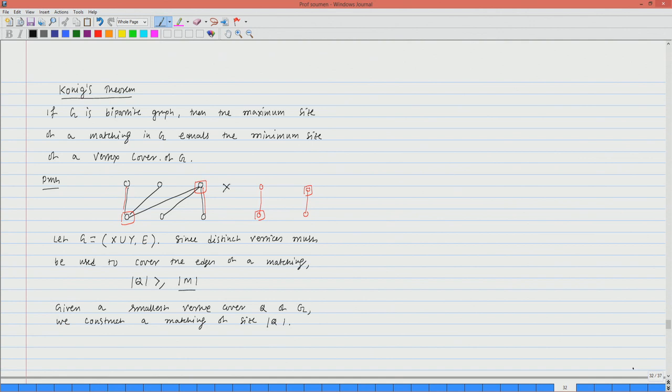Suppose this is the X part, this is the Y part, and Q is a smallest vertex cover. Now, we partition this Q. Some vertices of Q could be from the X part, some vertices of Q could be from the Y part. So, we partition Q